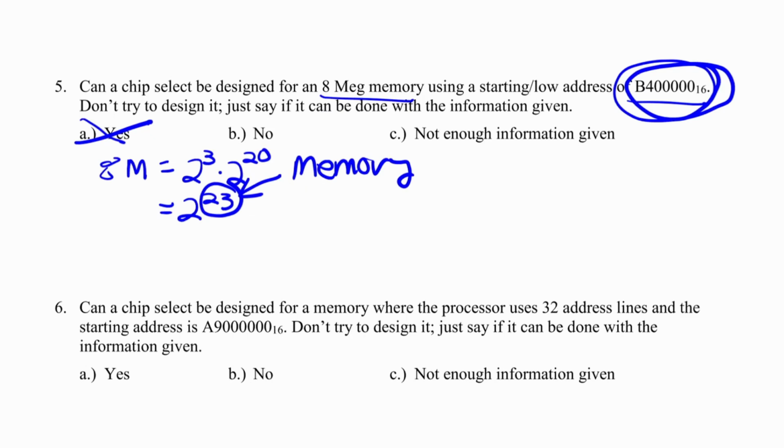How many nibbles are there? Is that 8 nibbles? No, it's only 7 nibbles. So it could be a 28-bit address coming from the processor. Could be 32, just some leading zeros deleted. So we now just need to determine whether the answer is no or not enough information given. And so let's go ahead and convert this